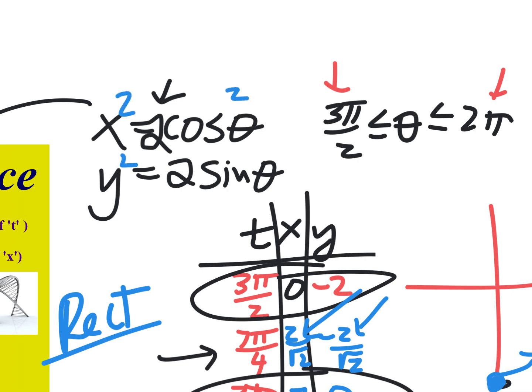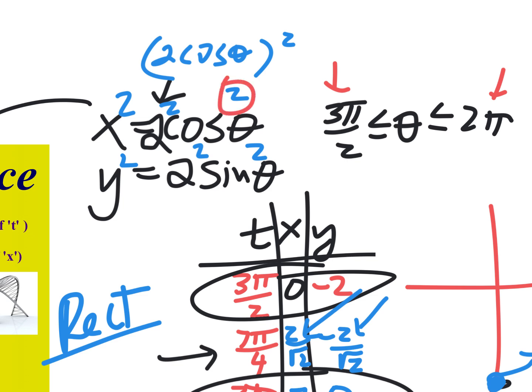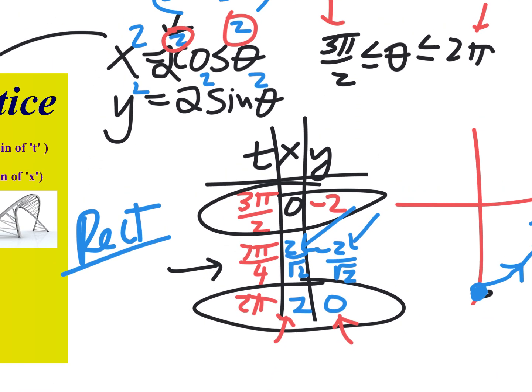Well, because we can square everything. And if I'm going to square everything, I got to square the 2 also. You might not know why. It's because 2 cosine theta is going to get squared like this. We just happen to pop it in here, kind of in the middle of the cosine, but the squared also hits the 2. Okay, so that's going to become x squared plus y squared